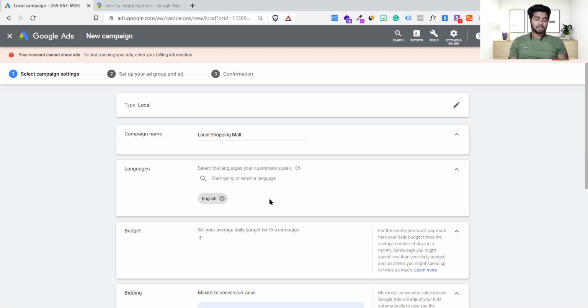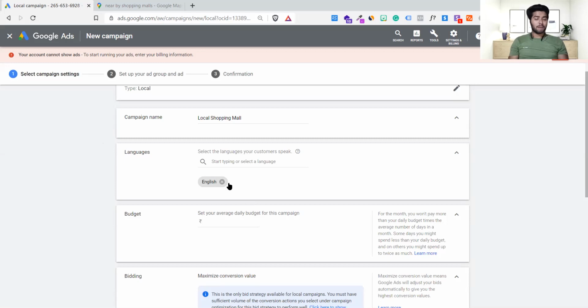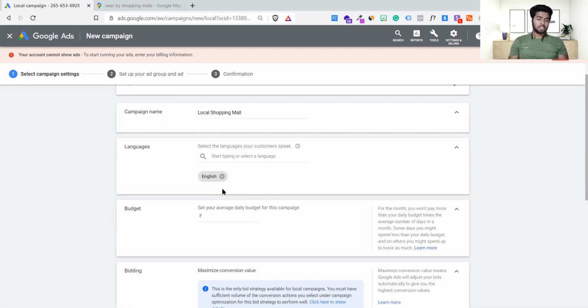Do you think that for those who are struggling to read English, showing the ads is correct? Because we are paying for the ads, and this person is struggling to read it, and we are pushing them to read it. This is not fair, correct? I hope you agree with that. So we have to give this option as English. Don't change it unless you are running a local campaign in Gujarat.